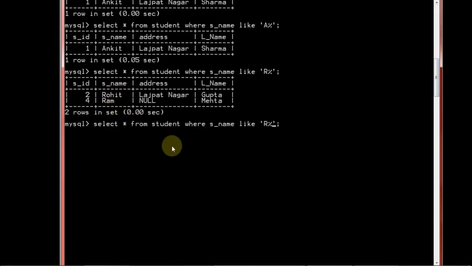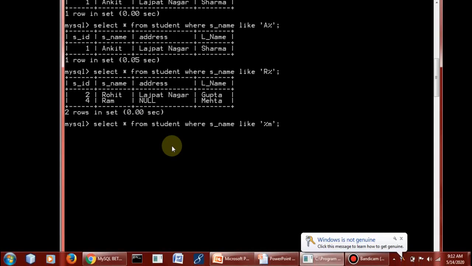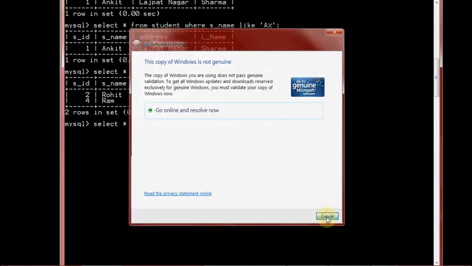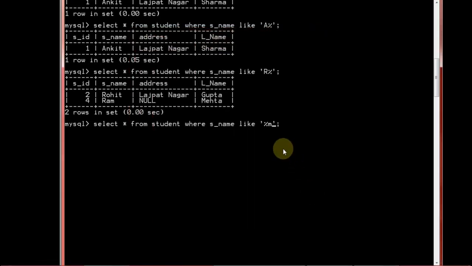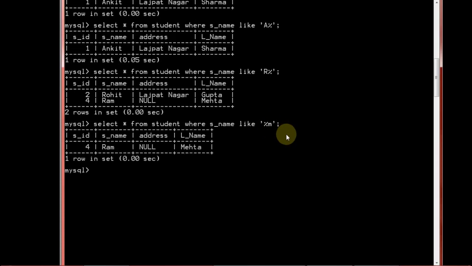Now I want to check the records of the students whose name ends with M. Ends with M means I have to use this percentage operator first. Then you have to write the letter with which you want to end. Fine. So right now I am going to press enter.